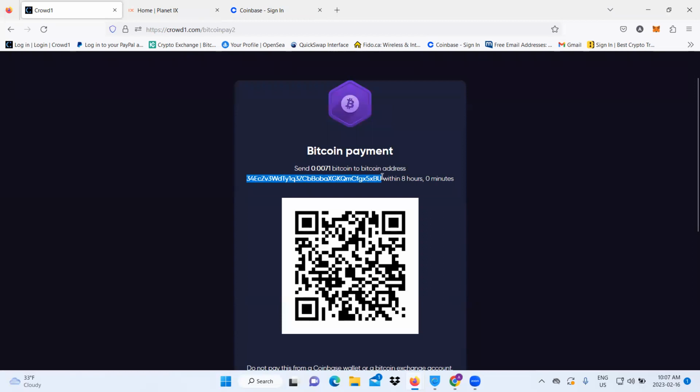This is known as the address to which I'm going to send the Bitcoin, and this is known as the Bitcoin amount. So I'm going to send 0.0071 Bitcoin to this Bitcoin address, and I'm going to do that by using Coinbase. So I'm going to log into my Coinbase and send this much Bitcoin to this address. Now the address obviously is going to be different for you guys, but